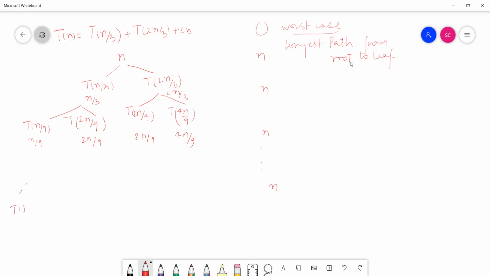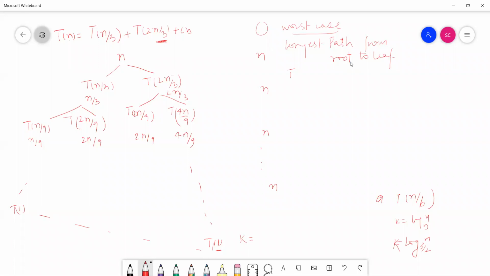Now this will terminate. Why did I make it like this? Because this will give me more branches. This will terminate when this becomes 1. So what is the value of k? If the expression is T(n/b), then the value of k is log n base b. So in this case, the value of b is 3 by 2. So this is the value of k. Getting my point?